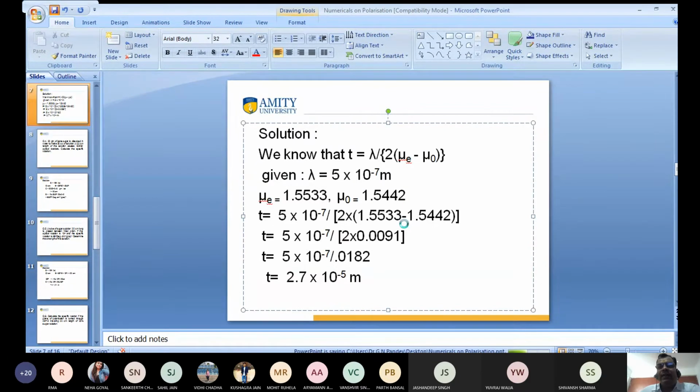Is the answer clear? Yes or no? Anyone have doubts to ask me? Why is your answer different? Have you checked your answer? Neha? Sir, I'll check. Where is Swanam? I think she is using the quarter wave plate formula, sir. Okay, it may be. Neha, are you sure? Yes, sir. Okay, so that is the problem. Don't worry, it is a half wave plate. Clear? So I want to proceed to the next question.